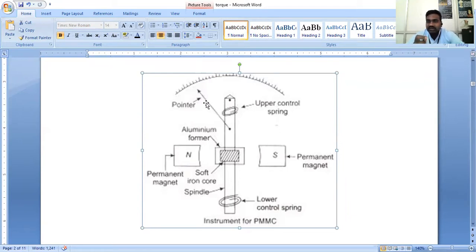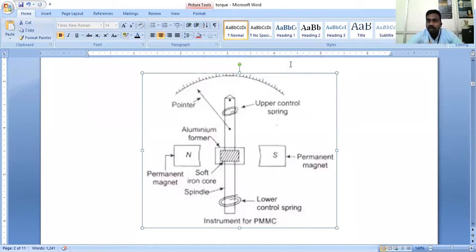Whenever the conductor starts its rotation, the pointer will start deflecting. Deflecting in the sense that the pointer will start moving from the initial point of the scale to the final point of a particular range of the scale. If it is a current of 5 amps, the needle will deflect from 0 amps to 5 amps. If it is 30 volts, the needle will deflect from 0 volts to 30 volts, up to a specific range.